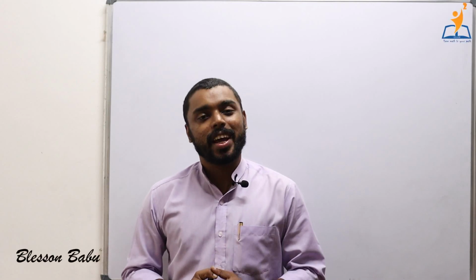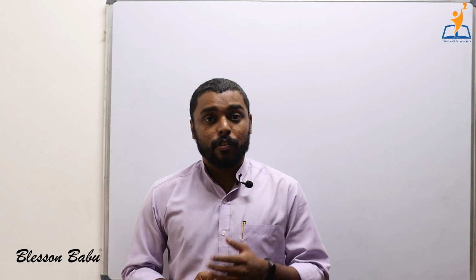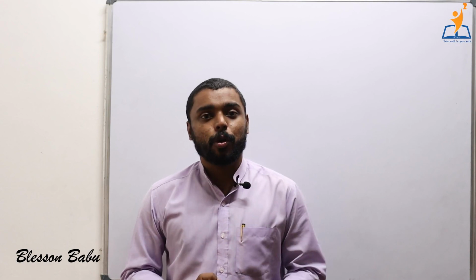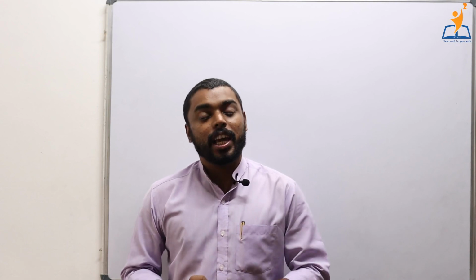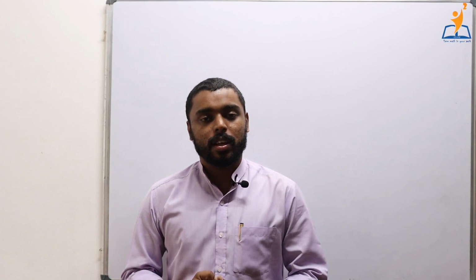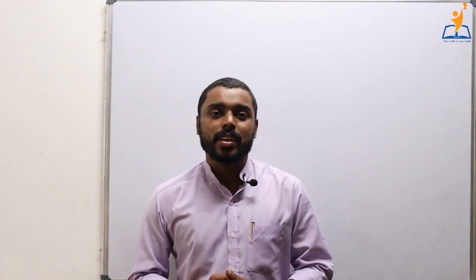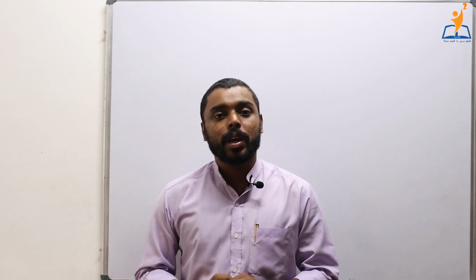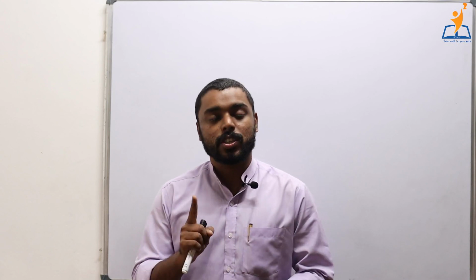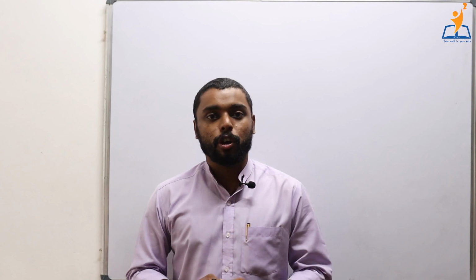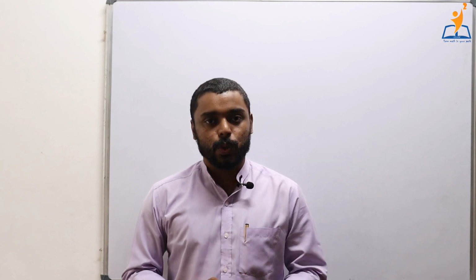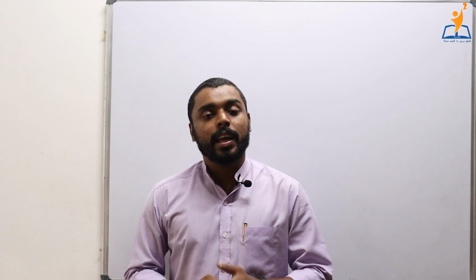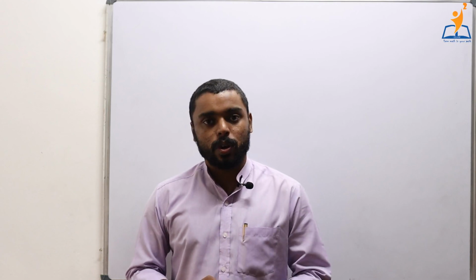So far we have learnt about polynomials. We learnt about first degree polynomial, second degree polynomial, even cubic polynomial. And also we discussed the zeros of a polynomial. We said that a linear polynomial can have only 1 zero, whereas a quadratic polynomial can have at most 2 zeros and a cubic polynomial can have at most 3 zeros, right?